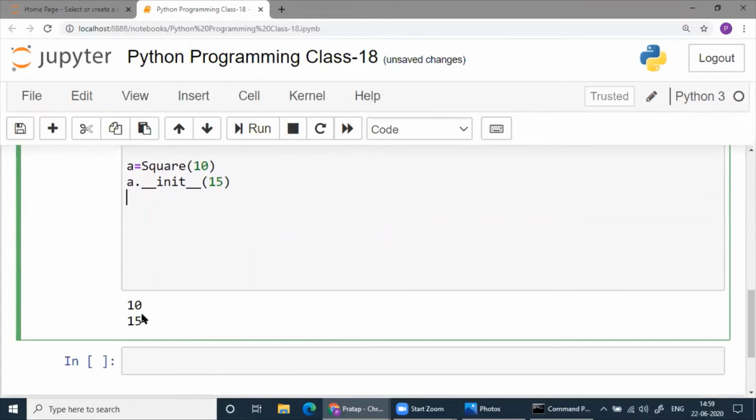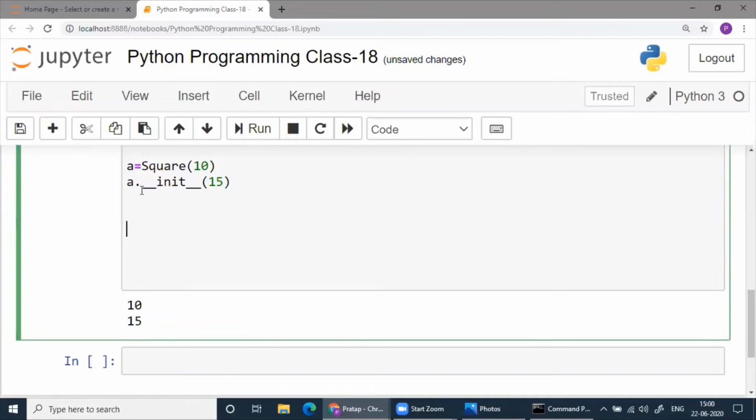So 10 and 15. If you are asking me why you are getting two things: when you create the first object, there only, automatically, this will be initialized. This is a part of the automatic 10.